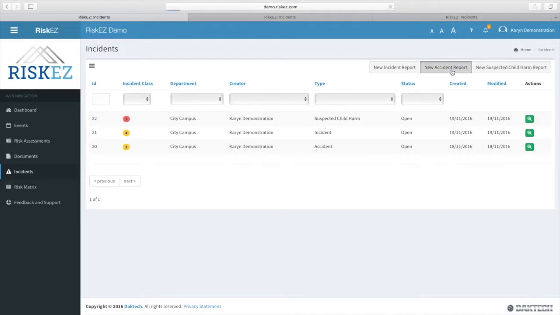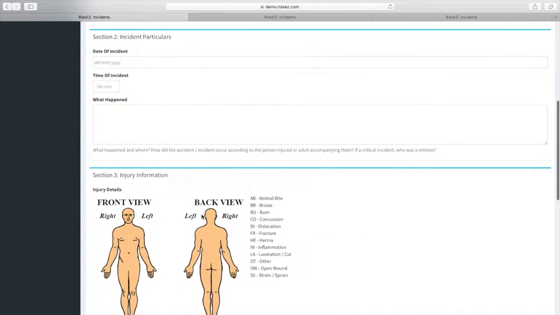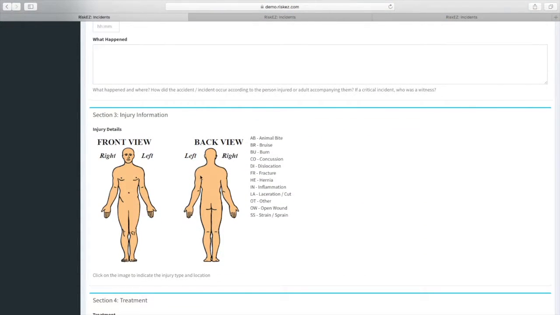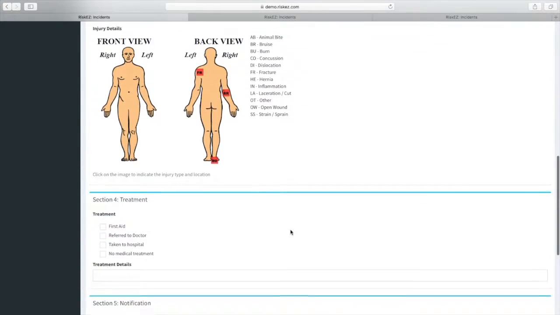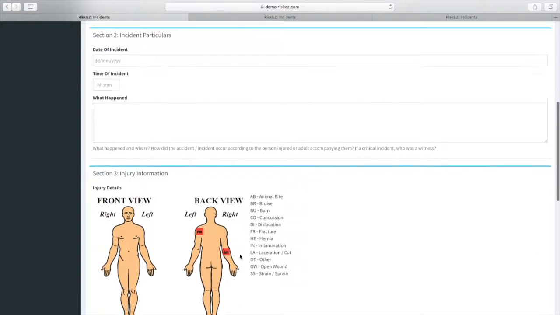This is what an accident report looks like. Again, you'd follow the same procedures, just filling in, clicking down, filling in details. Now you might want to identify where the injuries occurred, so you'd click on, and then you'd press bruise, and perhaps the man had a fracture that occurred here. Poor man, he's rather messed up, isn't he? And here, you can add that information there, and you would press submit. And finally,